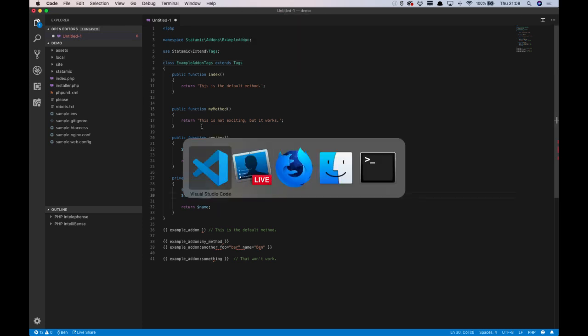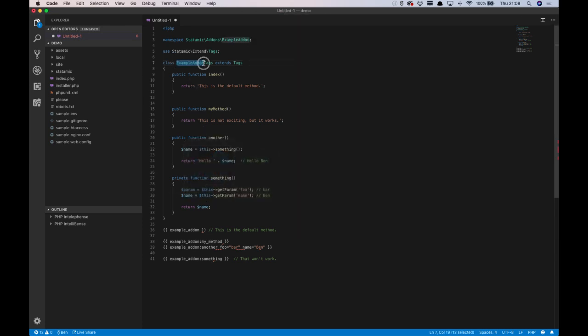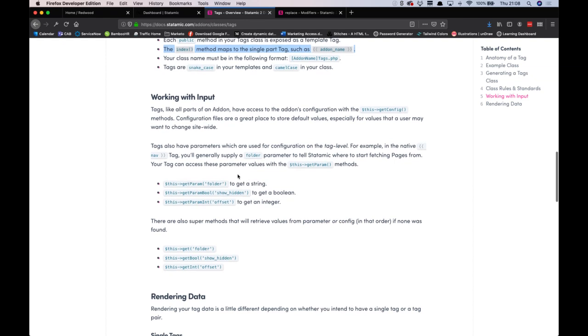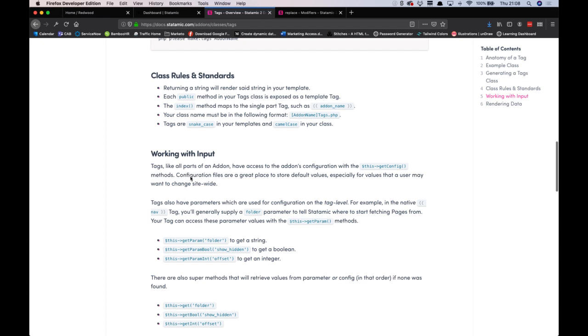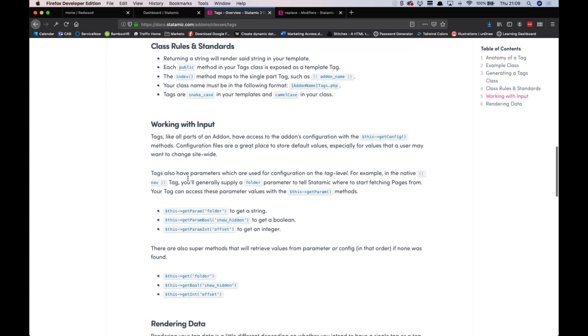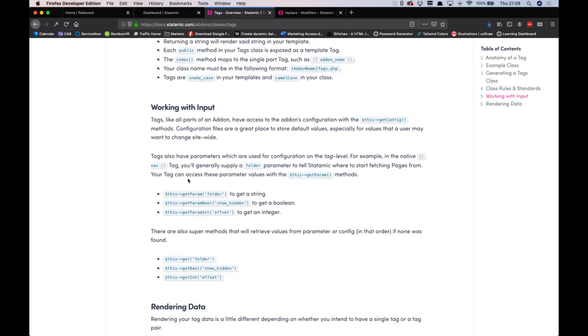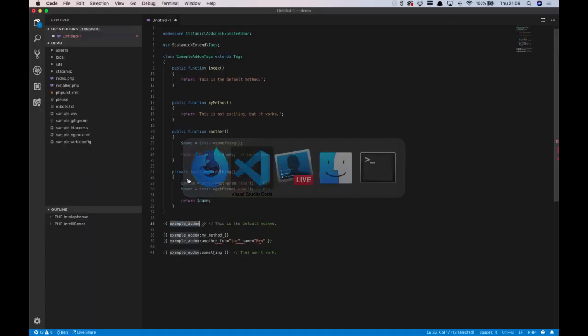But yeah, basically, as we were saying before, it has to be camel case in the add-on, and it will output as snake case in the template. So as I said, example add-on would output as example add-on underscore, and these are all things that contribute up very easily, and you kind of need to make sure that you're telling anybody who's using your add-on. So as it says, you have the ability to work with input. So there's two different things. We've seen